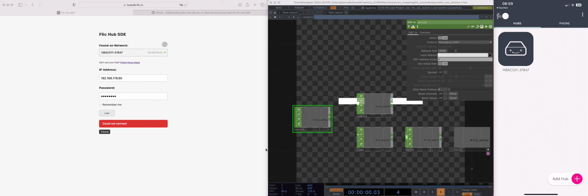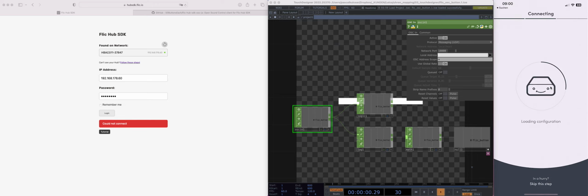Okay, now this is a quick tutorial about how to connect the Flic button with the hub, and then via OSC to TouchDesigner, which is not straightforward, but it works quite well now. And it works with one button only at that time. Okay, but given the fact that you already connected the hub, so this is a shared screen from my iPhone,